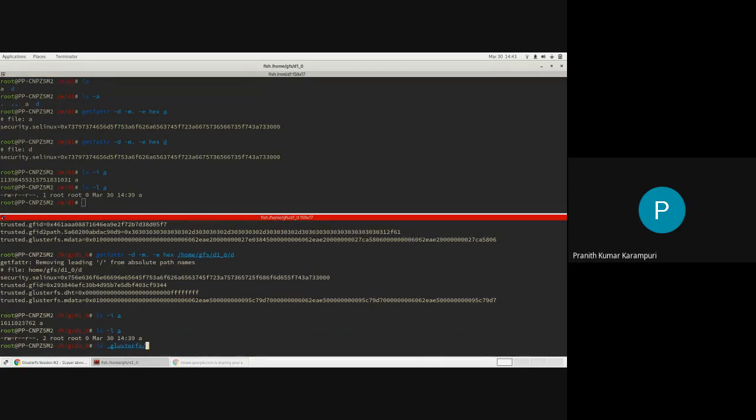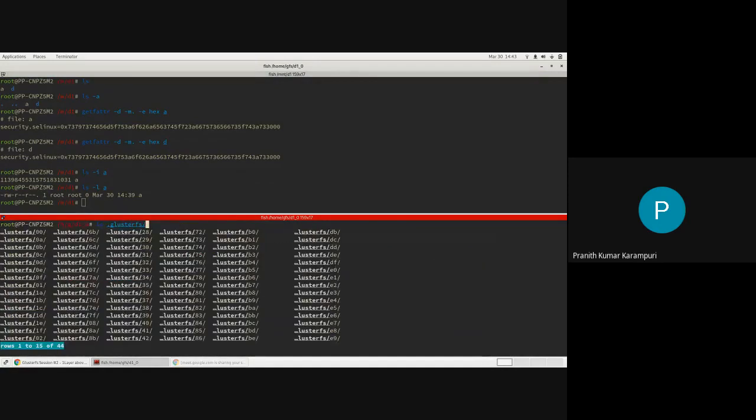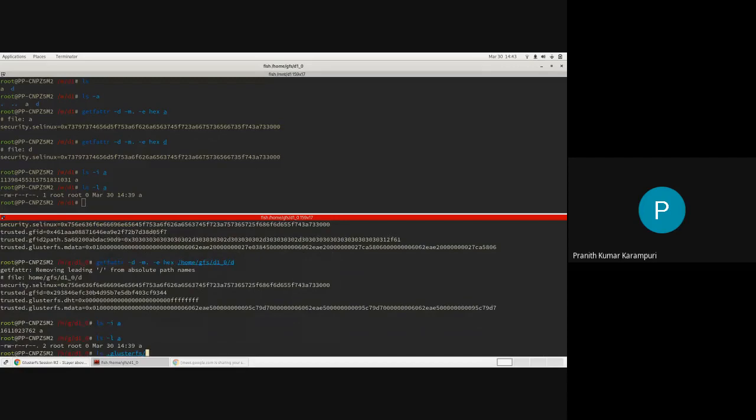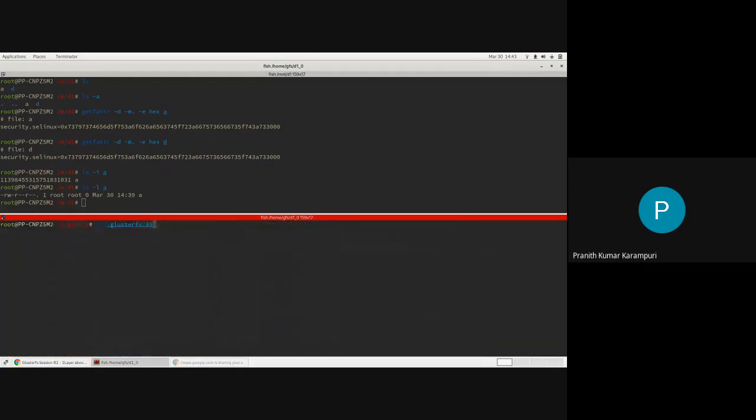The other hard link is going to be inside glusterfs. We have 46. Oh, so this is the hard link for the file A. Okay. So when you create a file, it is creating a normal file which is in the same path that is relative to the mount here on the brick, but it is also creating one more hard link so that you can access the file using just the inode information, which is the GFID.